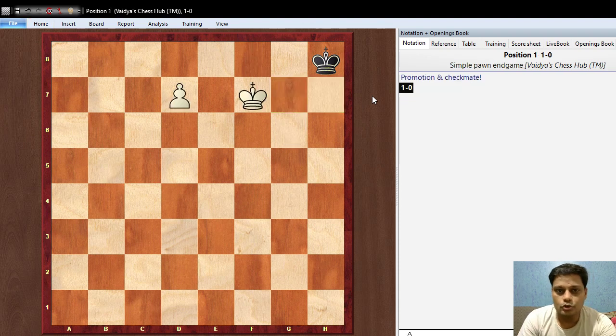Alright, let's go to the next one. We are now starting a new section, which is king and pawn versus king, or simple pawn endings. I repeat, it is also called simple pawn endings. Nothing complicated at your level. So simple pawn endings. Remember, when the pawn reaches the 8th rank, you can promote it to any piece of